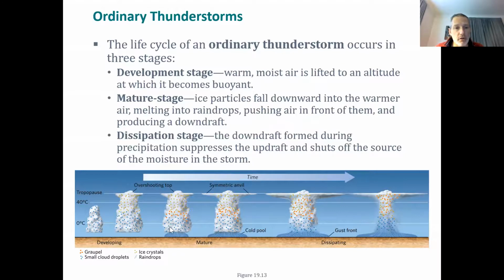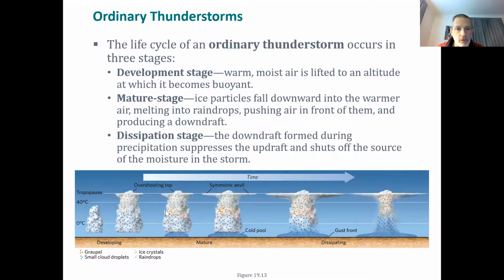Now we can end up with condensation occurring. It's going to start off as little droplets of water, and if the air continues rising, those droplets are going to accumulate more water. They're going to be the condensation nuclei, and little bits of ice called graupel are going to build on these. Eventually, those bits of graupel or small ice are going to